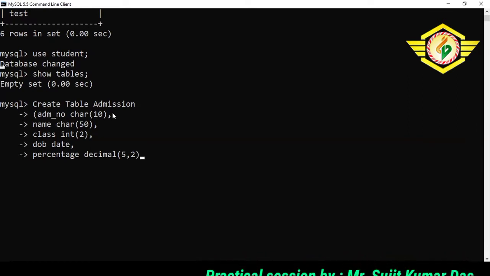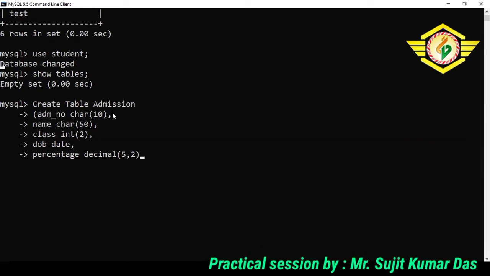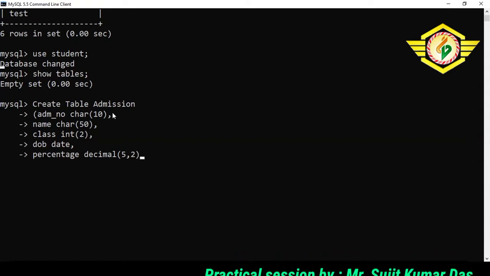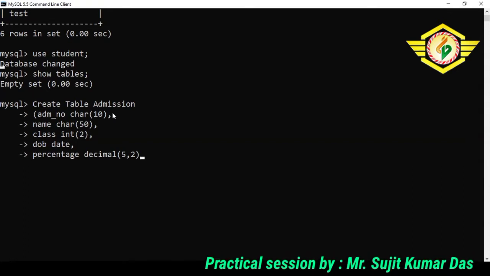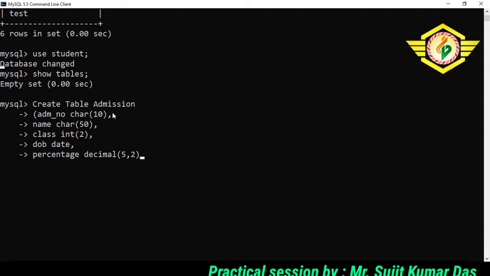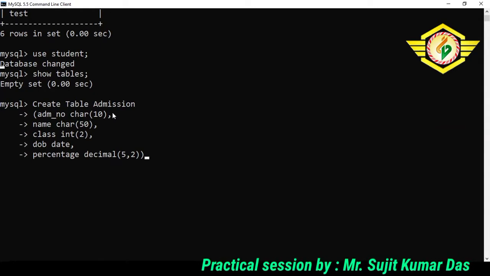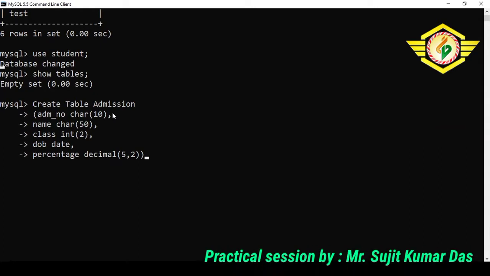So this is the basic structure of a table that we will be dealing with. Now all the columns have been created. Now we put the closing parenthesis and a semicolon.